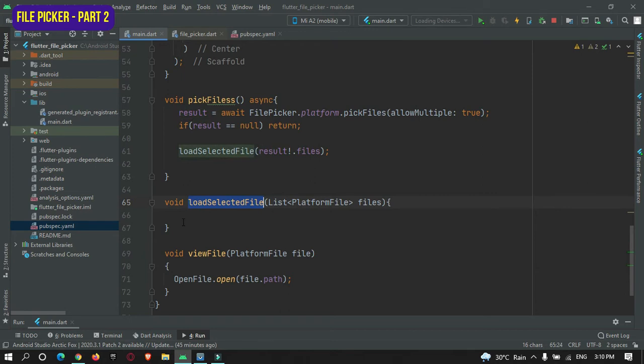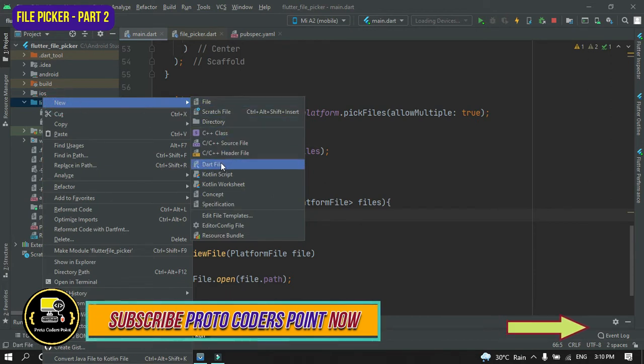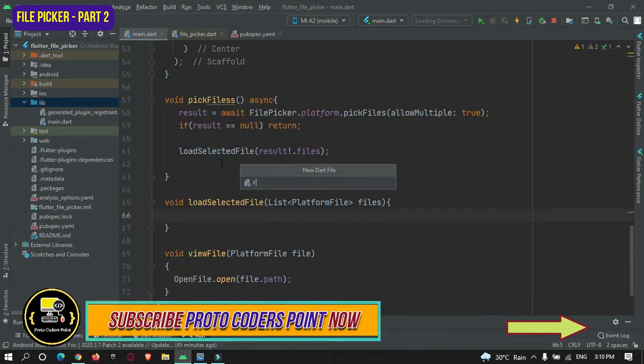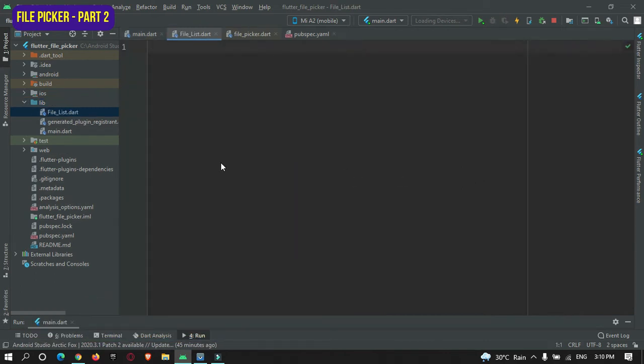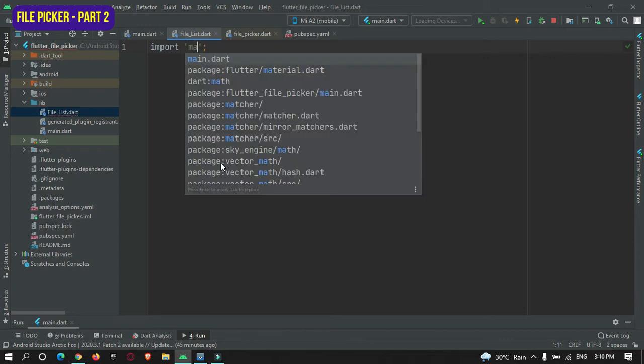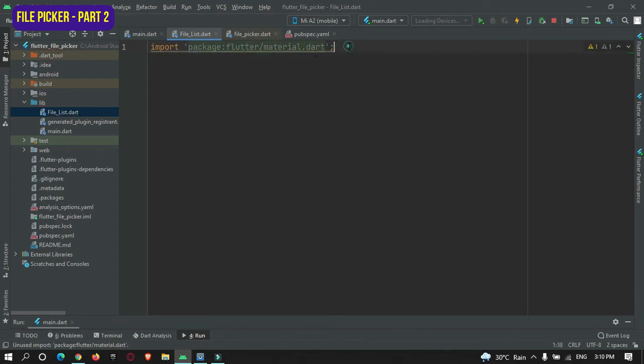In this method we need to send all the data to another page where we are going to display all the selected files. So let's create one more page over here. File, new dart file, file list.dart. Import material.dart. I will just fast forward here.